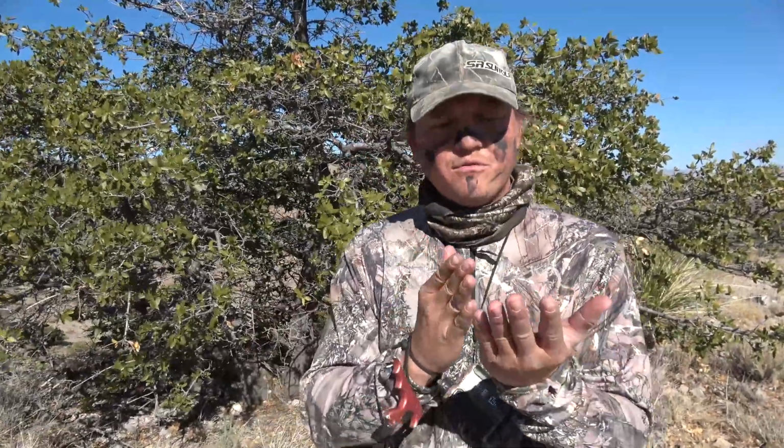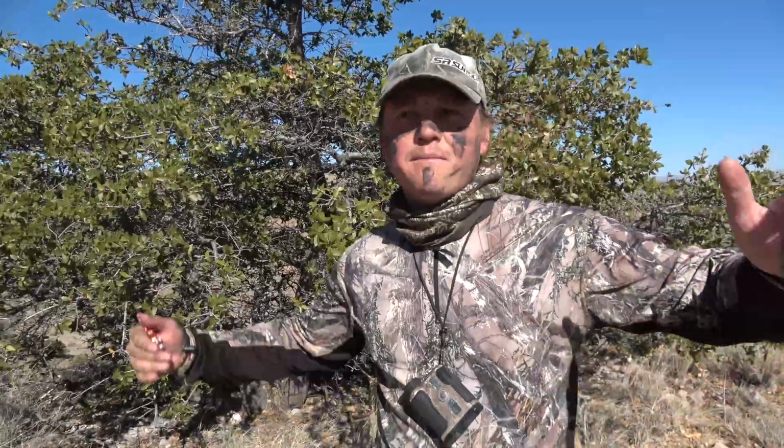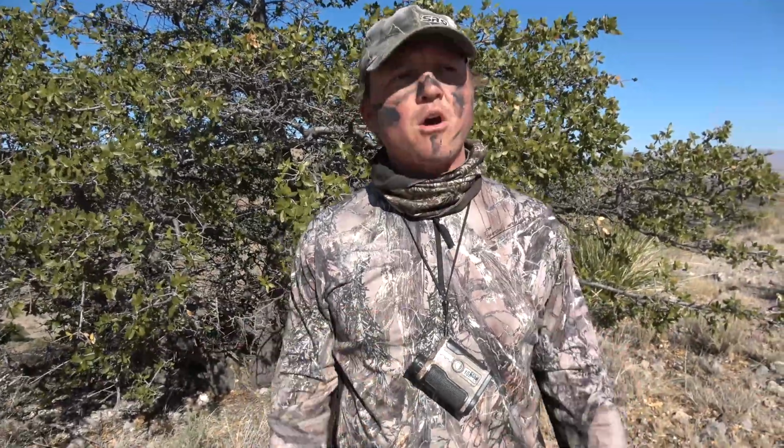So I'm ranging, and then he started to kind of move diagonal left and up from me. So I thought, okay, well, I had decent cover and the wind was still good. So I tried to move up to my left, and I thought maybe I could get in front of him and have him walk broadside in front of me, which worked perfect. But he was 96 yards broadside in the open,